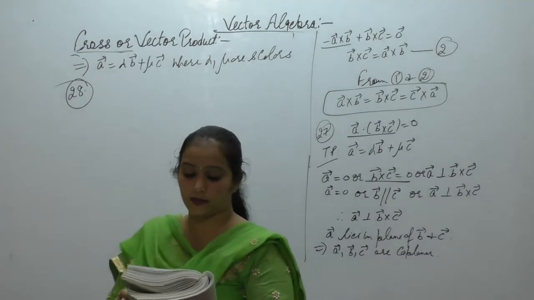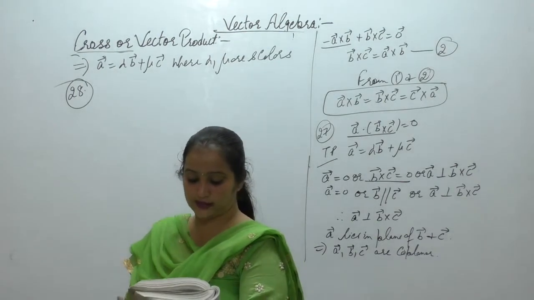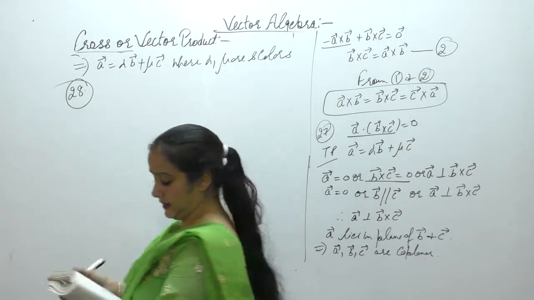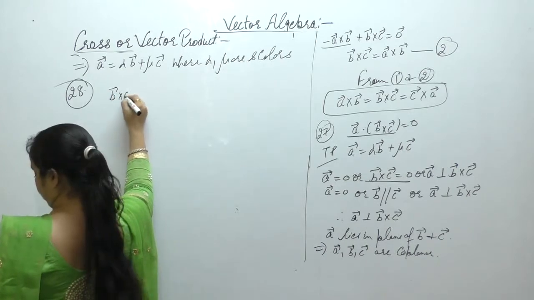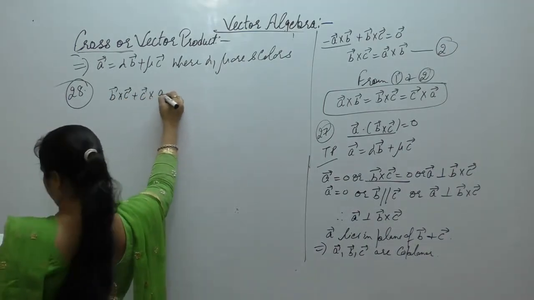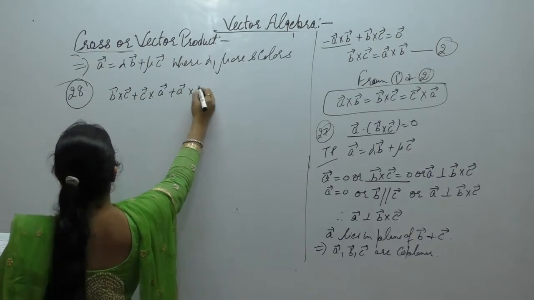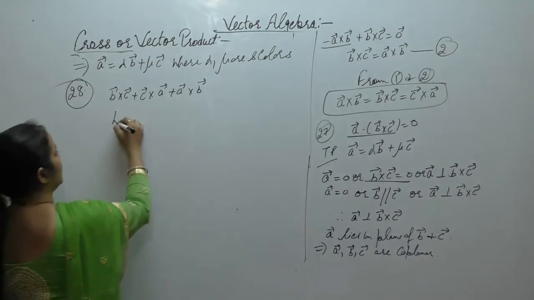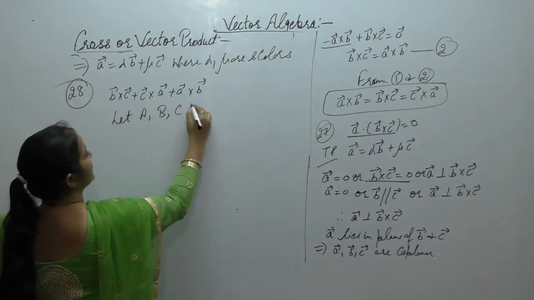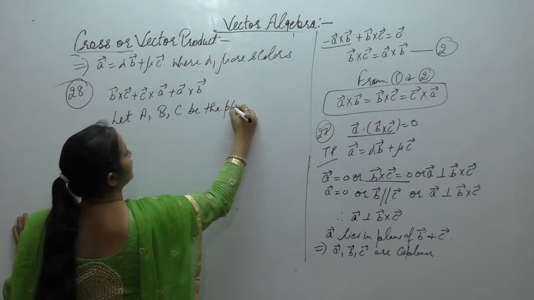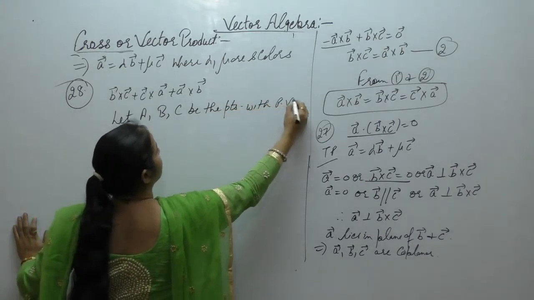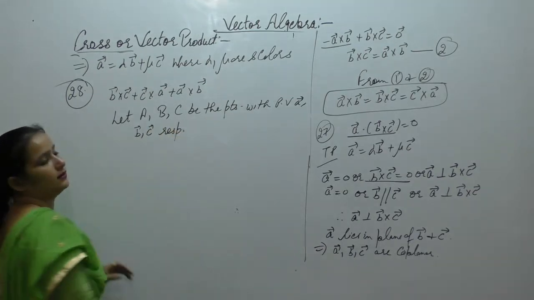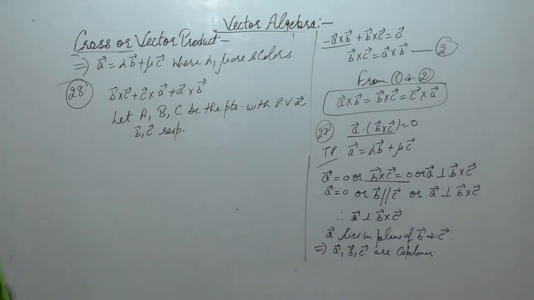Prove that the normal to the plane containing 3 points whose position vectors are A vector, B vector and C vector lies in the direction B cross C plus C cross A plus A cross B. Write down: let A, B, C be the points with position vectors A vector, B vector, C vector respectively, then